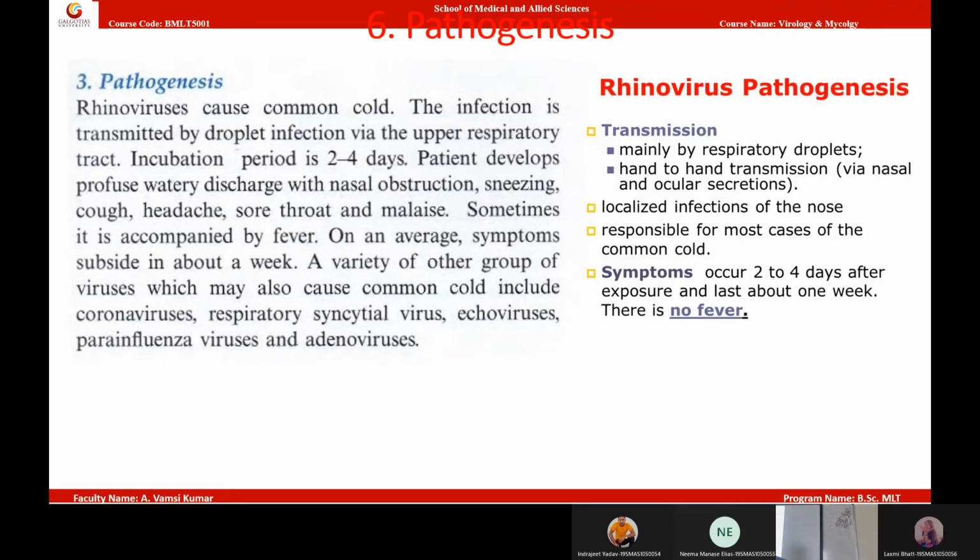Okay. Now, since there are 100 serotypes, the only thing that we can do is rely on our immune system. Within 7 days, no matter whatever virus, it will clear the virus. And thankfully, there is one interesting thing. Rhinoviruses are friendly viruses. They won't cause the host to die. They will just cause inflammation to cells, but there won't be permanent cell death by rhinovirus. This mode of adaptation was really interesting. This shows a type of symbiotic relationship with the host, but usually symbiotic relation is very rare among viruses. But somehow our friendly virus, rhinovirus, okay.